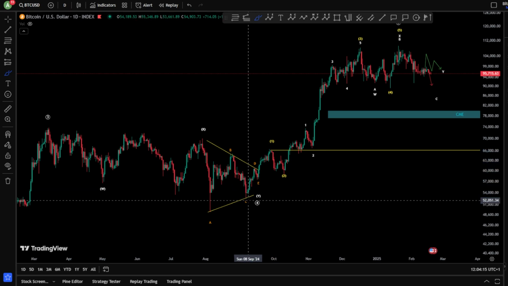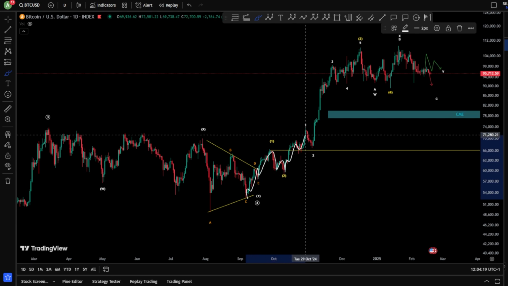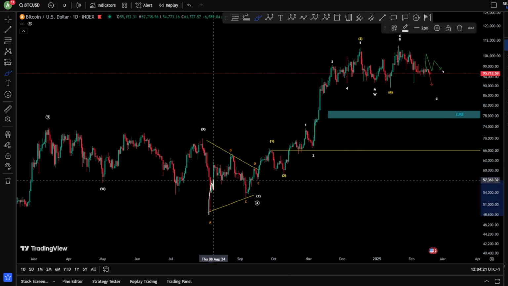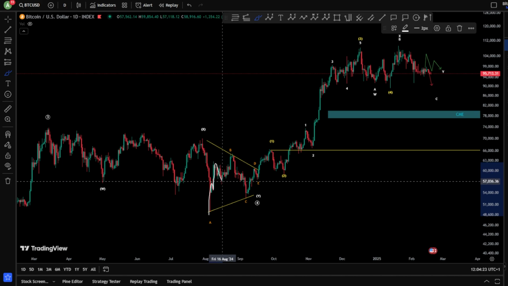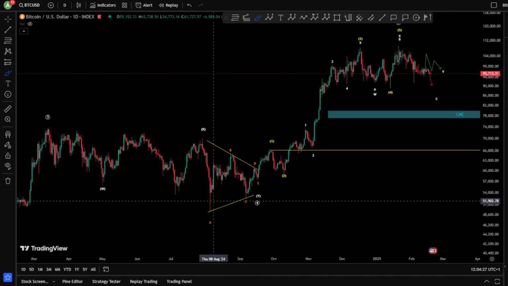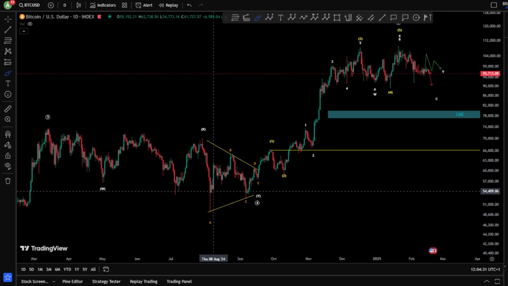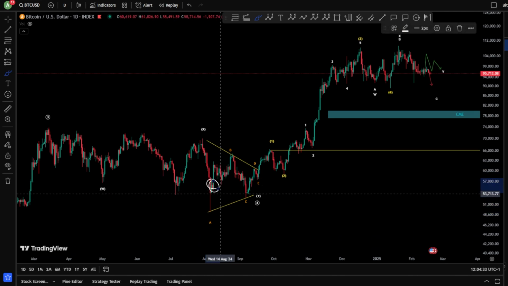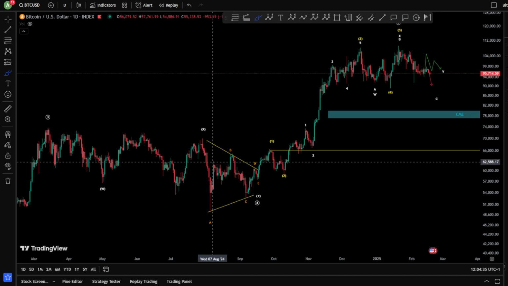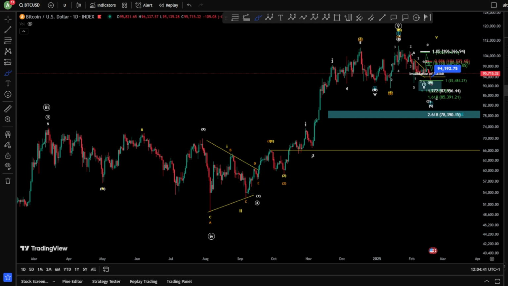You can see here 1, 2, 3, 4, and a 5. ABC, 1, 2, 3, 4, 5. But we don't see this here. If you see here 1, 2, 3, 4, your wave 4 interfered with the zone of wave 1, which is not allowed as a rule. And your wave 4 is incredibly long in time compared to your wave 2. Therefore, it is kind of an invalidation. So higher possibility for the bearish still, guys.